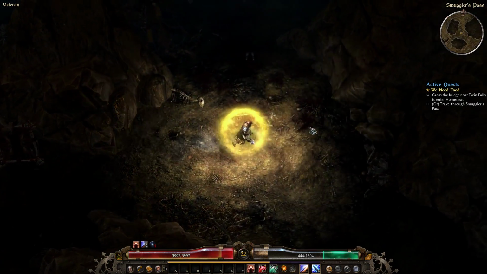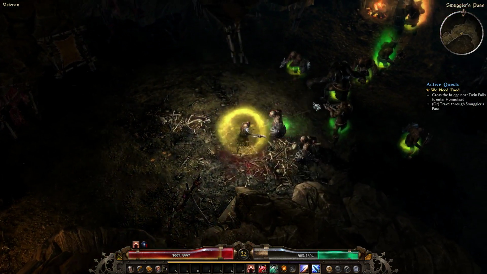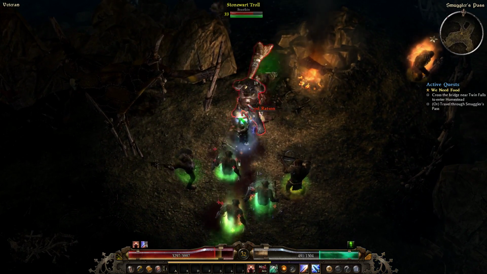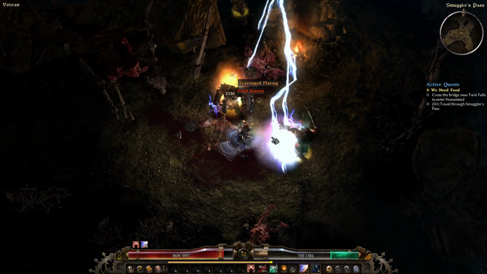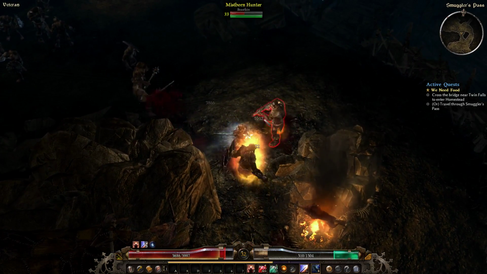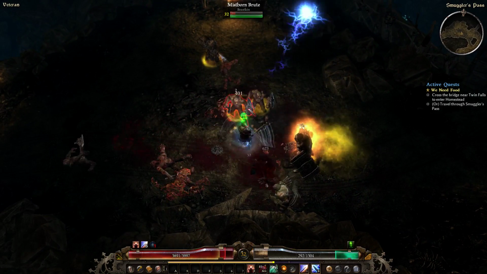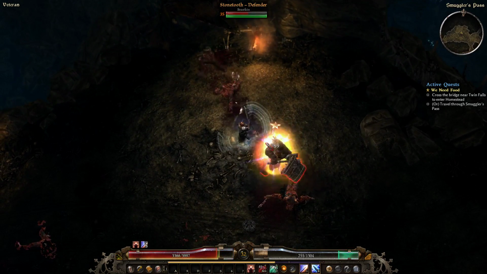I don't know. I guess there is an elder in all these groups, I just don't realize it. I think my chain lightning just kills them before I can even notice that they're there. Okay, you stop. Alright, now I can kill